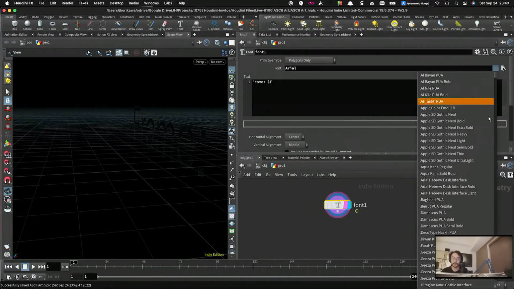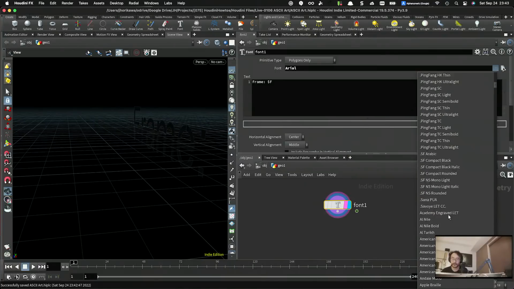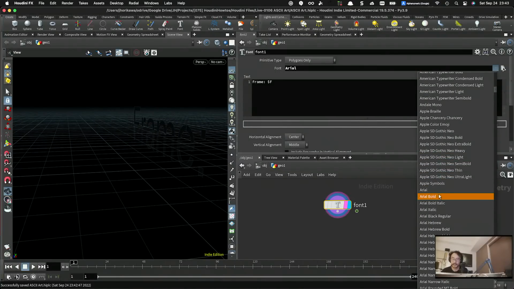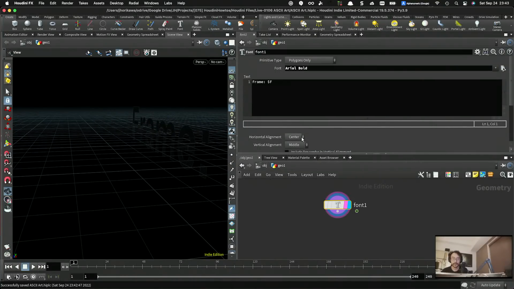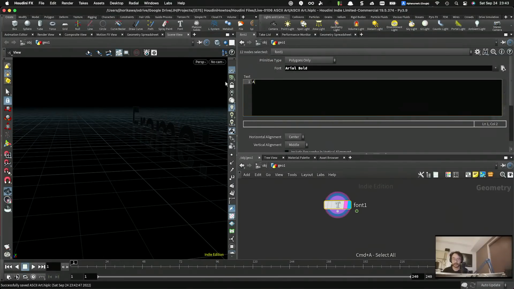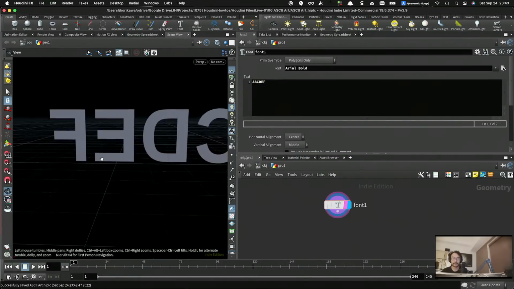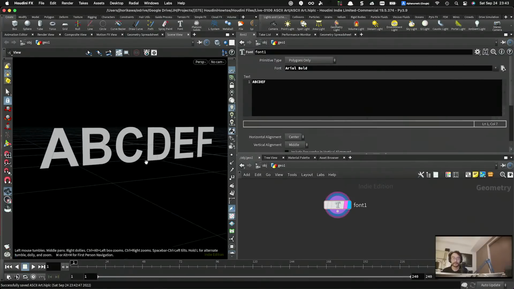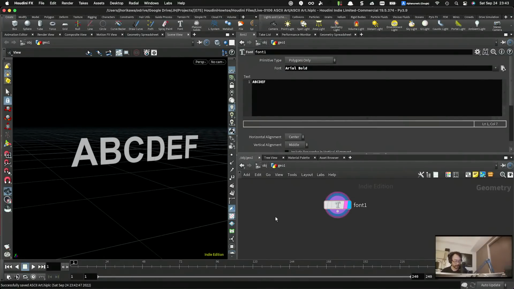Arial. Maybe I might want to use the bold font, so Arial bold. Okay. One thing you could do here, you could just type any letters you want to use like this, but it's going to take a lot of time. So I'm going to list up all the